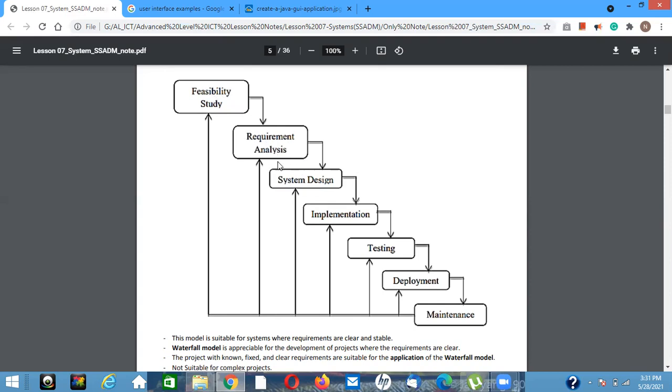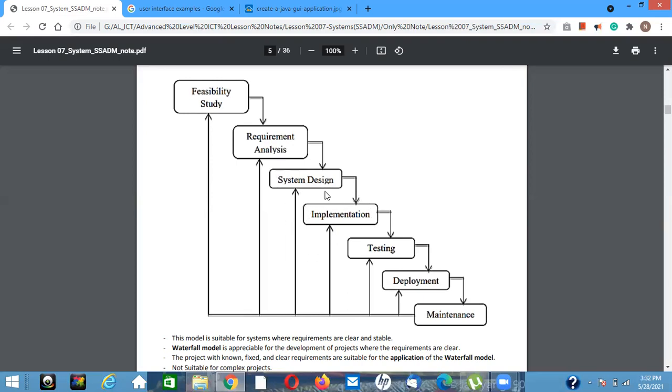Then at the requirement analysis, once some requirements are finished analyzing, the system design starts. This time amount is overlapping between the requirement analysis phase and the system design phase. Even before finishing the system design, after finishing nearly 50% of it, the implementation starts.